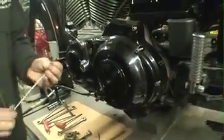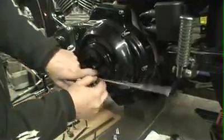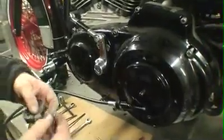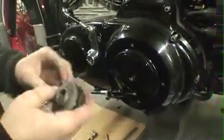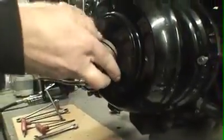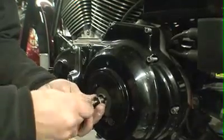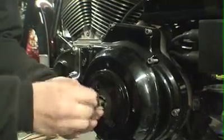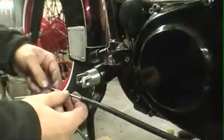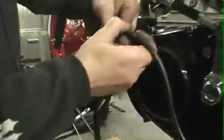Now you're going to put your clutch cable back into the sheathing. Then after you put the cable back in, you need to put your clutch cable adjuster back on, because we need to get the clutch adjusted where it needs to be before you actually cut the cable in the middle of the sheathing. At this point, your clutch cable is going to be pretty long. You want to bring it back up,